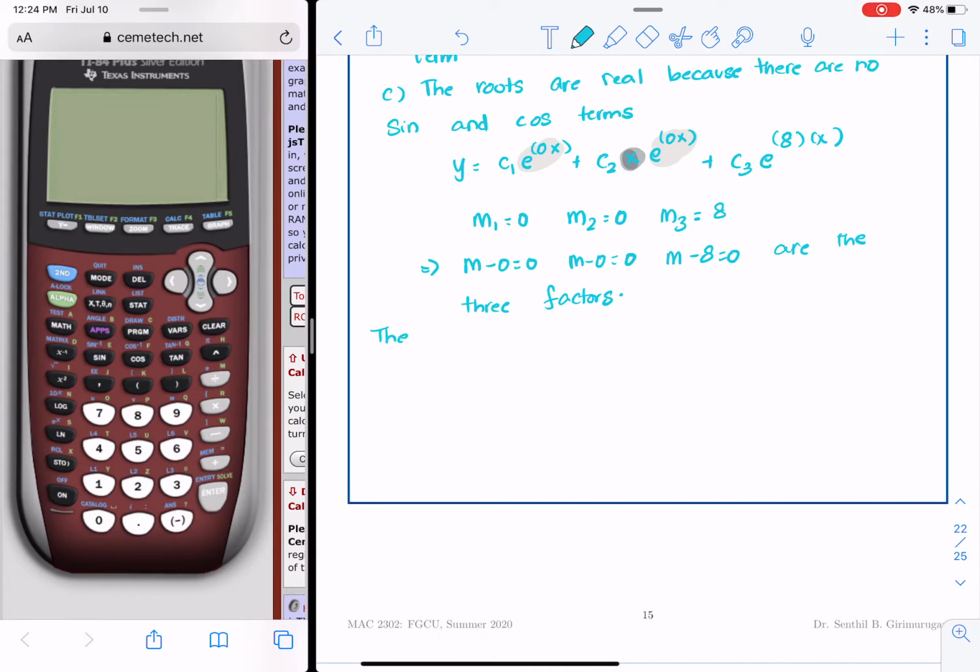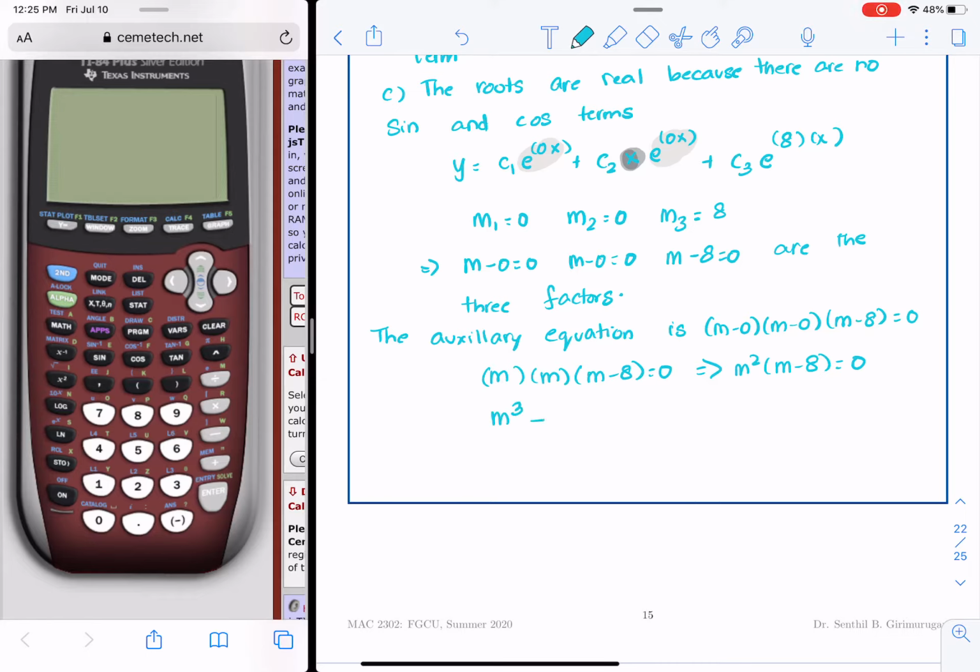So the auxiliary equation is the product of the factors. So m minus 0 times m minus 0 times m minus 8 equals 0, which is m times m minus 8 equals 0, which would give me m squared times m minus 8 equals 0, which is m cubed minus